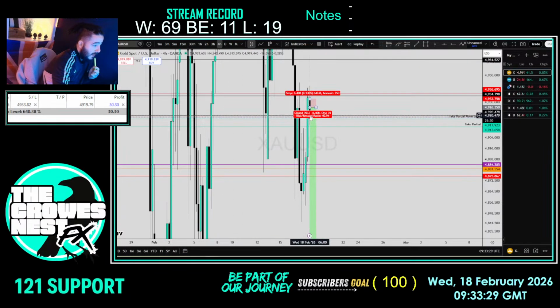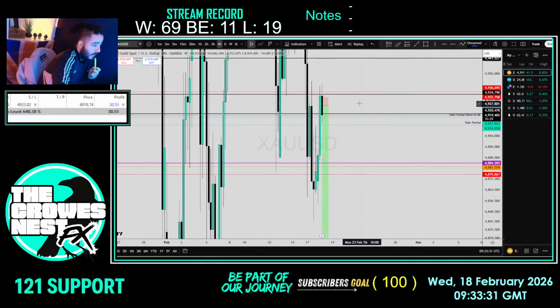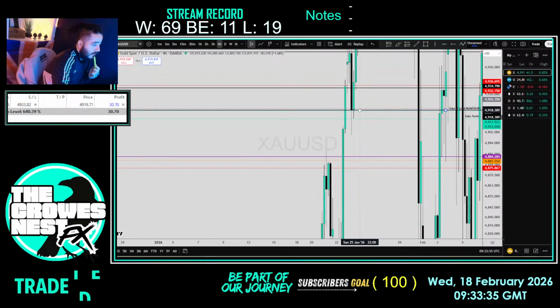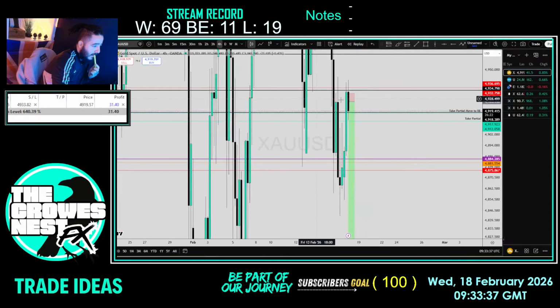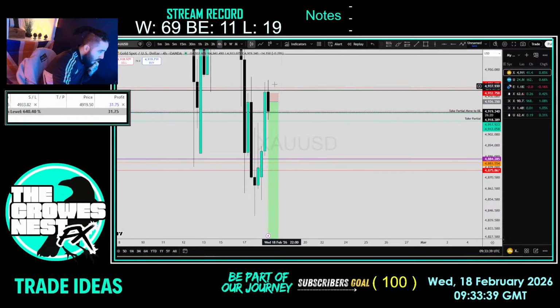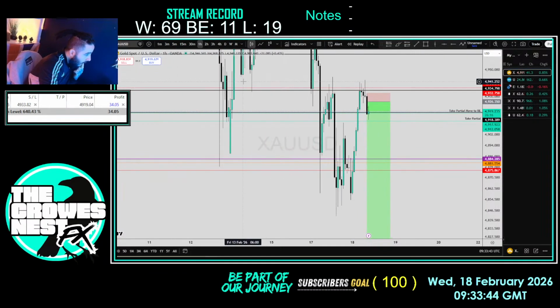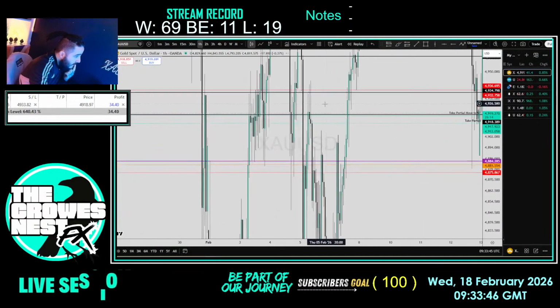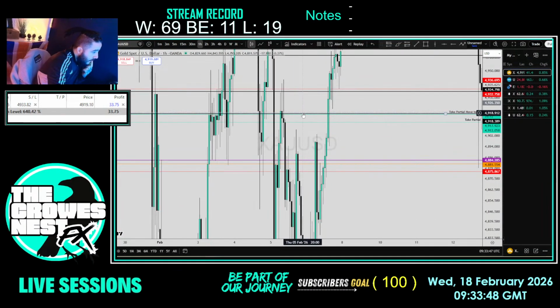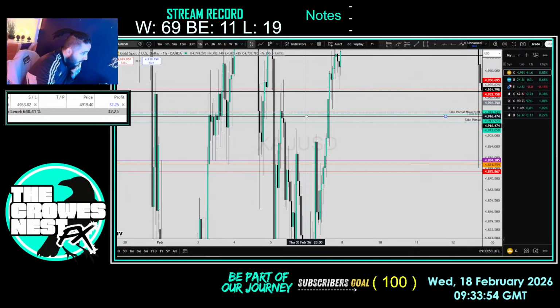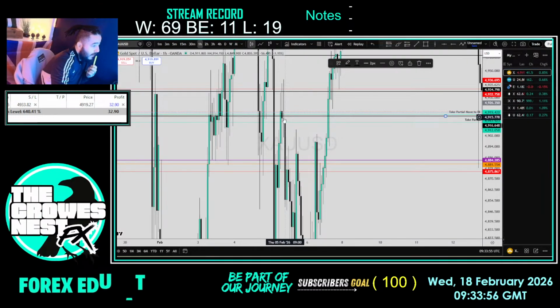You need it to close like this. I would take that. That's a forward break of this level. No, it's not, because there's that forward level there. So I'd need a forward close below that, or would I? Do you go off that there? So if you get a 1 hour close below that,